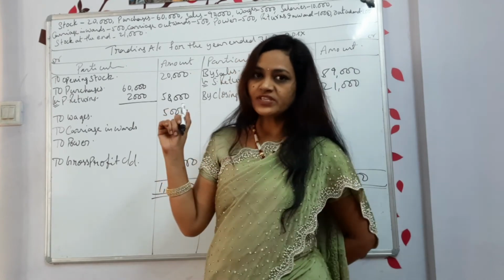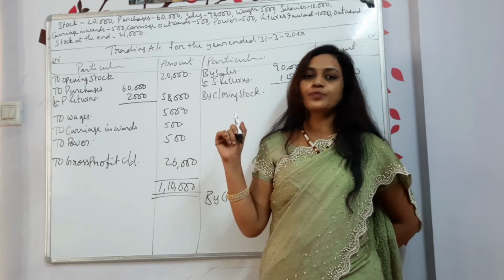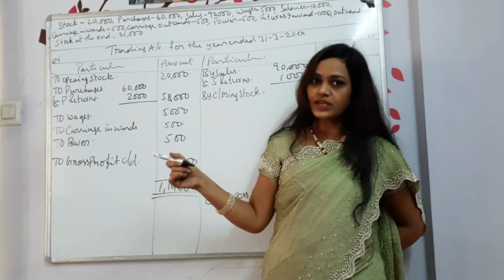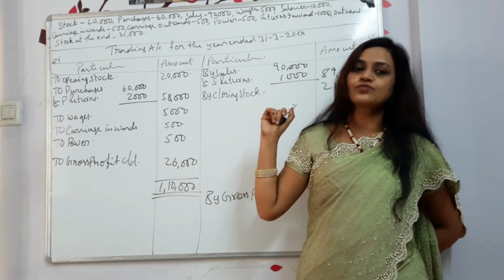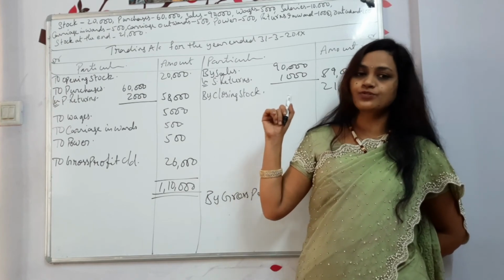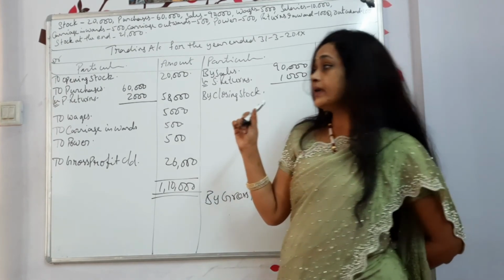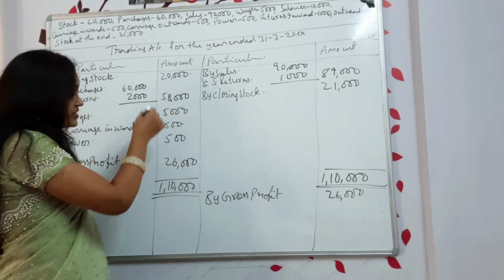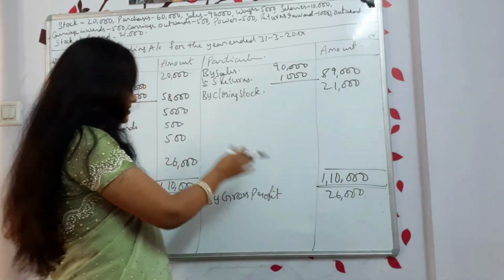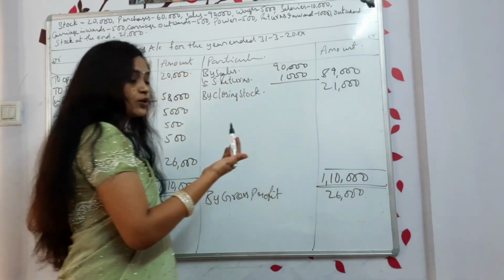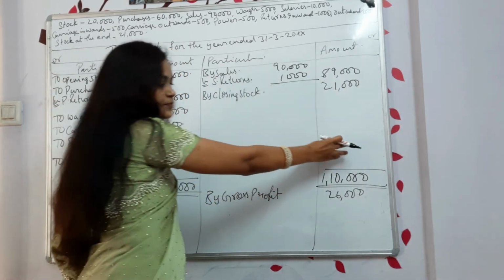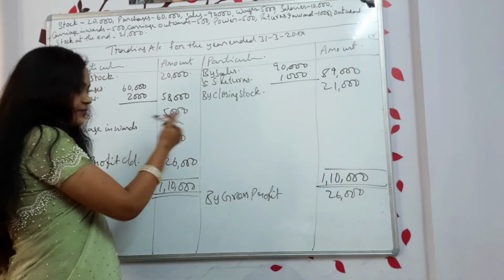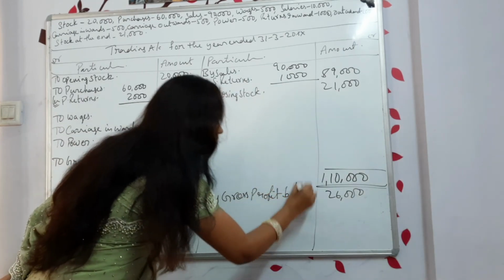Got it? So now any doubts in that? What is trading account? To manufacture the product, whatever we have spent, we show in the trading account. Debit side you write all the expenses, credit side you write all the revenues, and after that closing stock, that also we show on the credit side. Total of credit minus total of debit, then you get gross profit. If your expenses are more than revenue, that means debit is more than credit, then you got gross loss. The gross loss will be shown on this side, but here we got gross profit, so I have shown this one. Debit side, gross profit carried on, that will be forwarded to the profit and loss account.